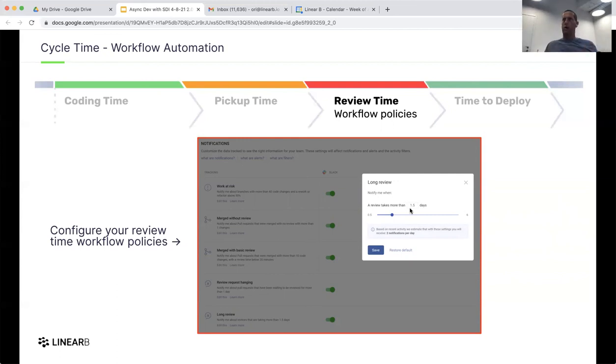Remember the async communication thing? I want to do things where I don't need to say, hey, everybody jump on a meeting right now, let's fix it. I want to put a mention in the PR and send a Slack alert so people can consume it in their own time, but they know there's a problem here. So this policy will really take it to the next level of helping drive improvement. I will set it in this example for 1.5 days.